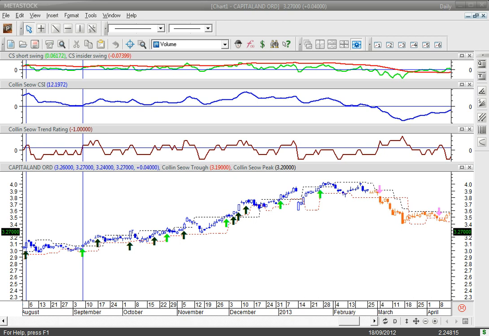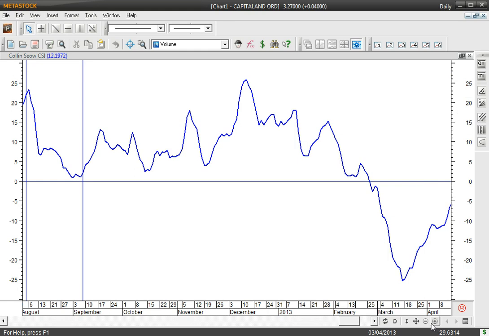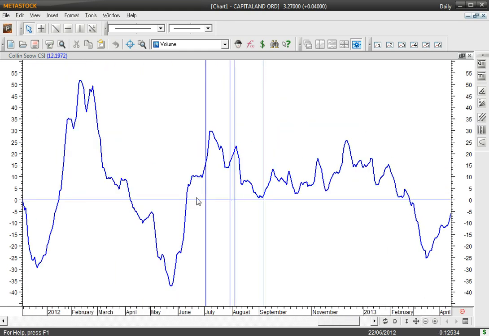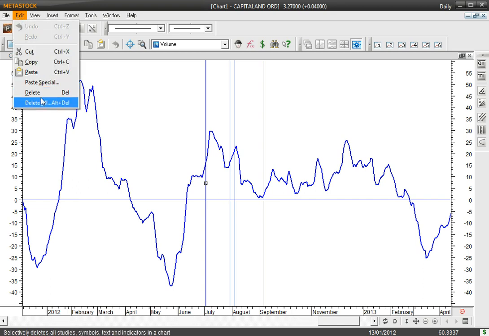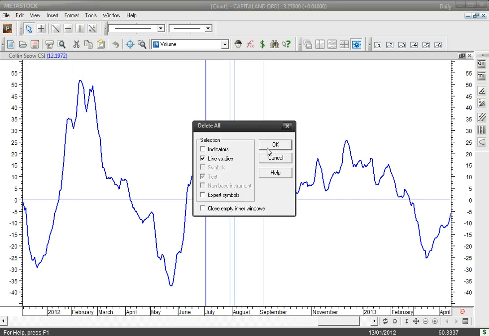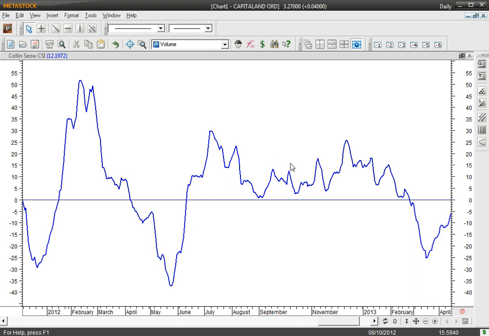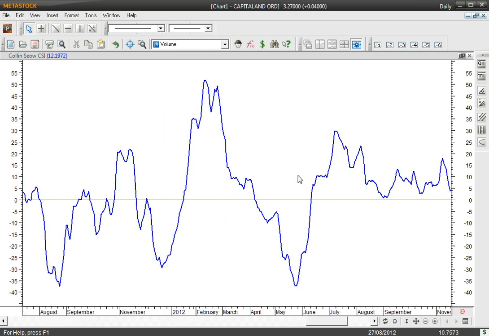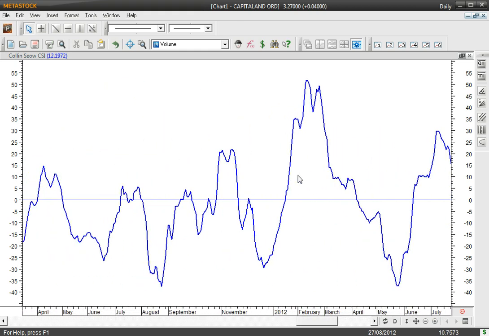So there are actually 3 ways to sell. Let me show you the very first way. The very first way you want to sell is you look at the CSI indicator. Okay, this is the CSI indicator. This represents the market trend. You will only use this way of selling if you are already in profits. If you are already in profits and you are looking to sell your position, then you may want to use